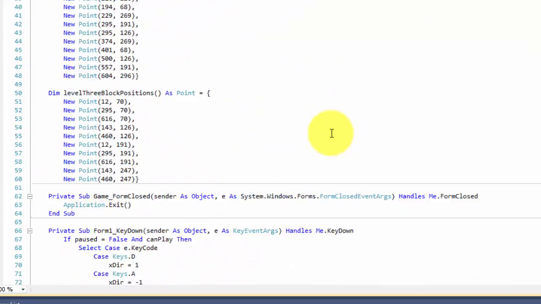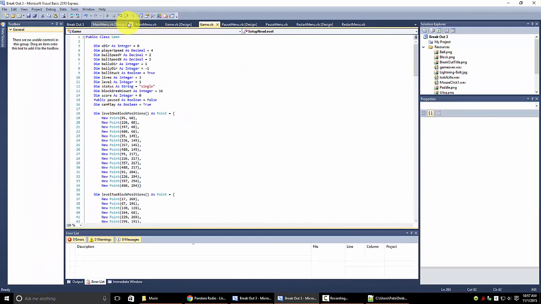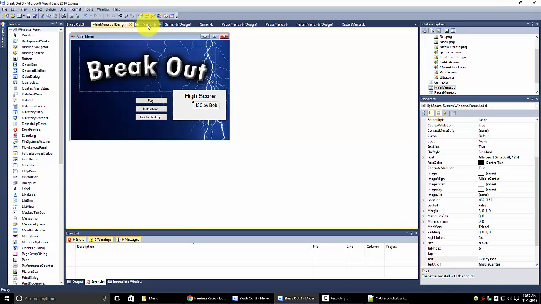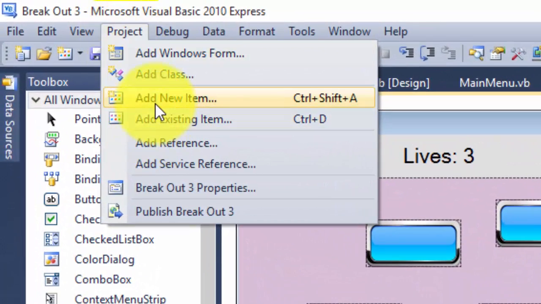All right, so now we need the actual dialog to pop up. Say they lose the game. We want to update the high score that's shown on the main menu. All right, so we're going to go ahead and create a dialog for this. So we're going to add a new item from the project menu